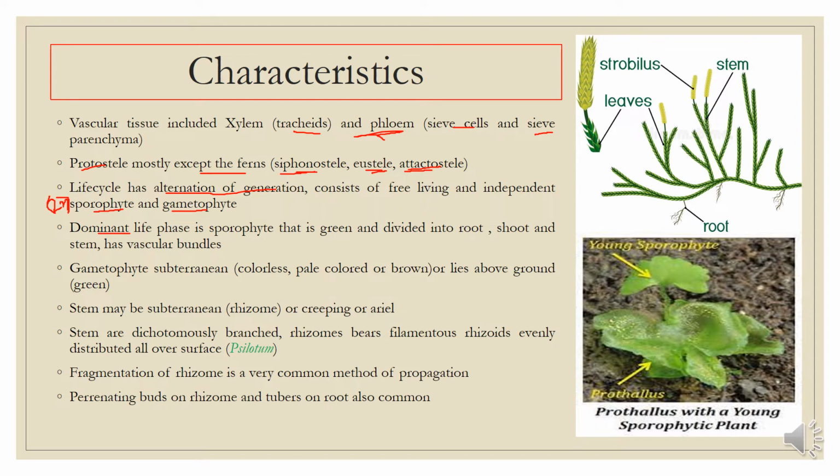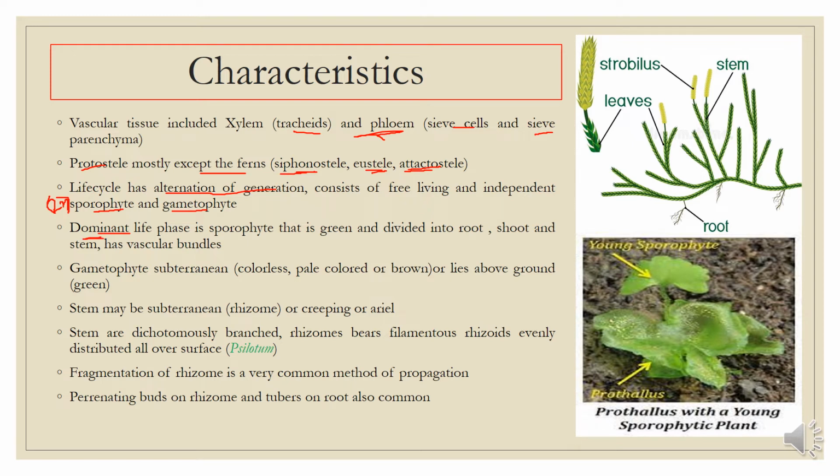The gametophyte of the bryophytes supplies food to the sporophyte. So in bryophytes, the sporophyte or the diploid generation is dependent upon the gametophyte or the haploid generation, and the haploid generation is dominant in the bryophytes. But here in pteridophytes, our topic, we see that the dominant generation is the diploid or the